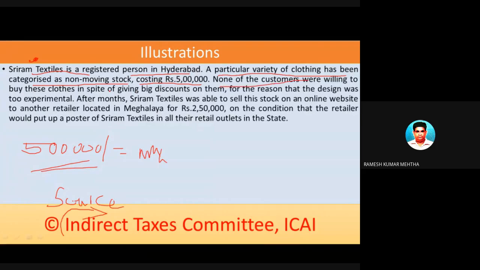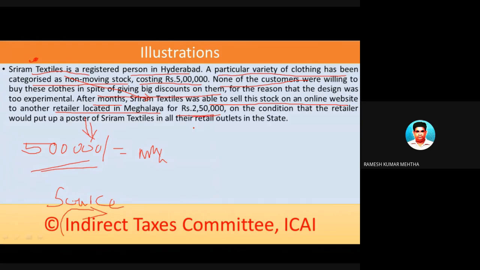So none of the customers were willing to purchase these goods in spite of this guy offering big discounts. Now after some months, this guy Sriram Textiles was able to locate a customer through an online website, and this guy was in Meghalaya. The guy who was ready to purchase these goods of 5 lakh rupees was in Meghalaya, but the condition was